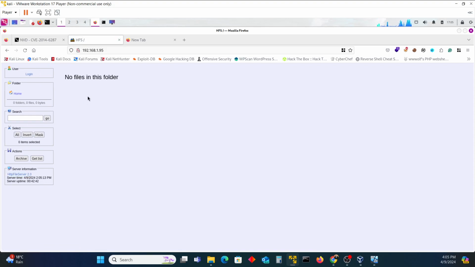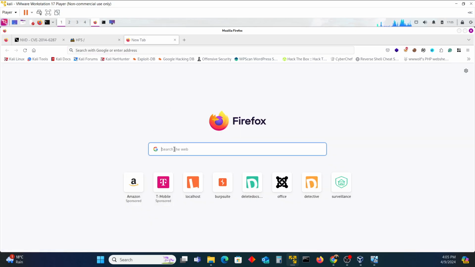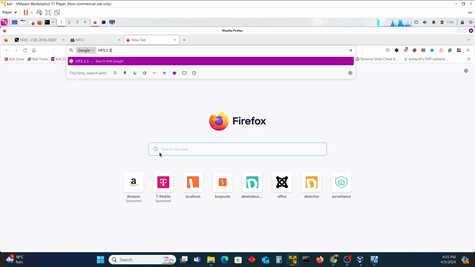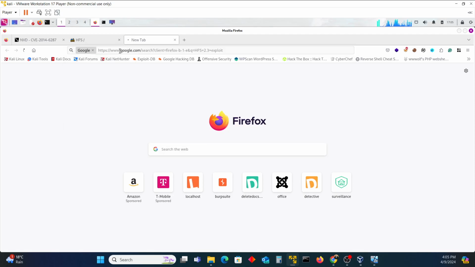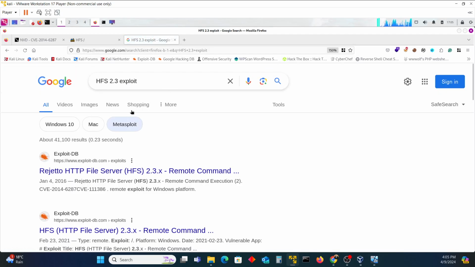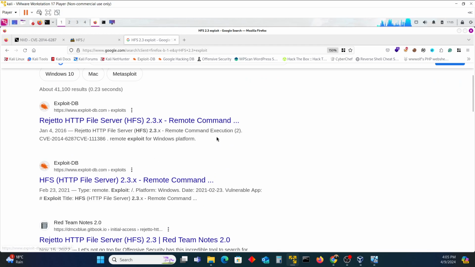Here you can upload different files and share them over the network. And this one particularly, if I type HFS 2.3 exploit, it tells you that it is vulnerable to remote command execution under the vulnerability CVE